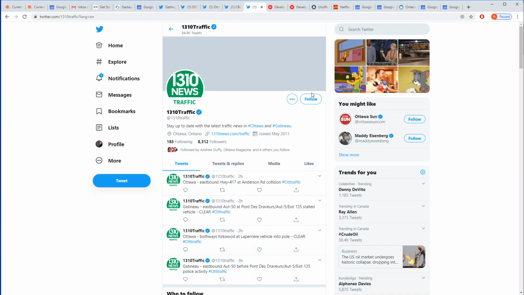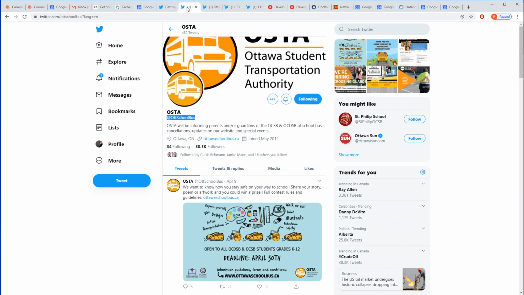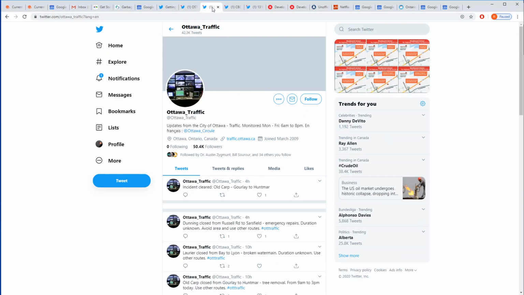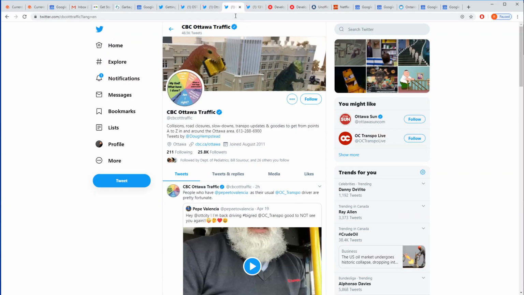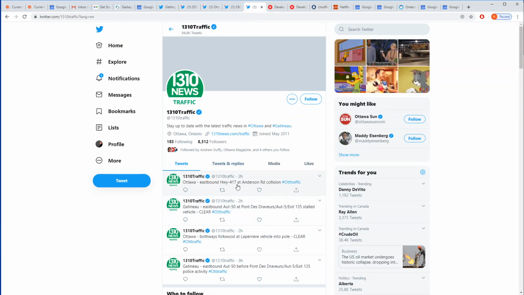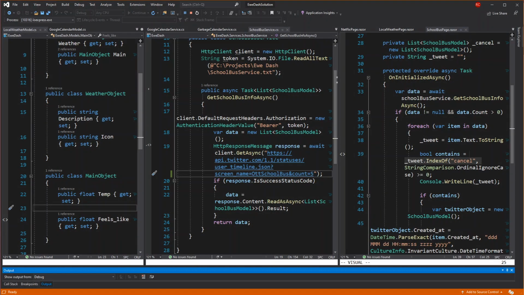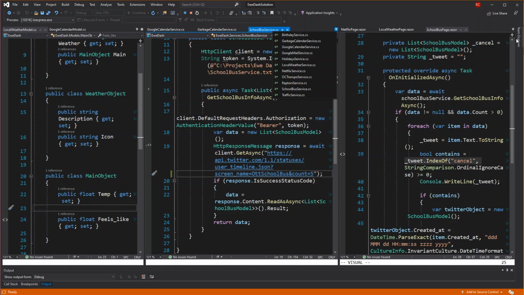So right now you can see in my app it said there was no problem. What that means is the streets I had put in, there's no problem on those streets. And I think I was only looking at the top tweet just for now, just to try it out. If we look at those ones, we can pick a street. This one here has the street Huntmar on the top tweet. There's no street in that top one, and this one has 417. Okay, 417 is a good one because that's one of the main highways through the city that I use often. So if I went into my traffic page,